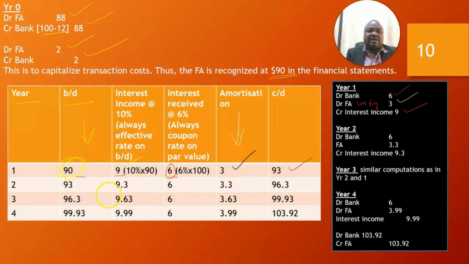In year two, we are going to have the interest income charged on the opening balance, which was initially the closing balance 93. This is the same 93 we are talking about, and we charge 10% of this, and we get 9.3 minus the constant 6 million, which is the interest received, and we are going to have the amortization of 3.3. All right. So because we have got this table, right,